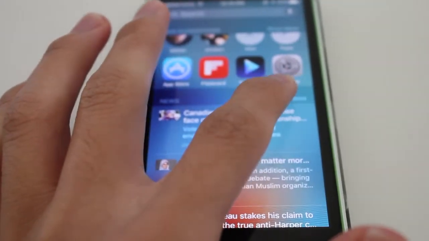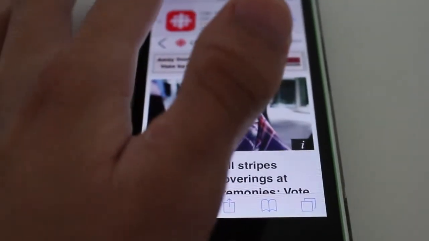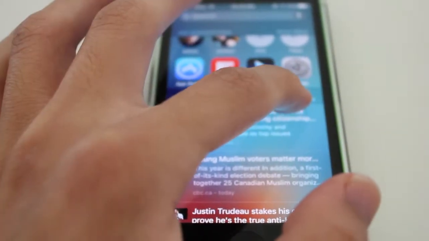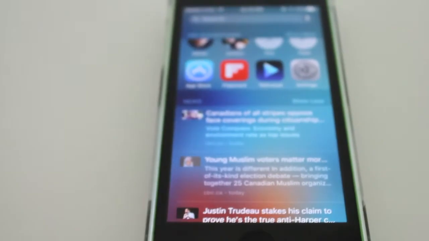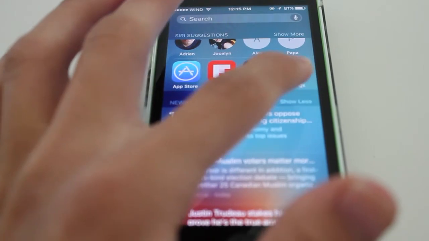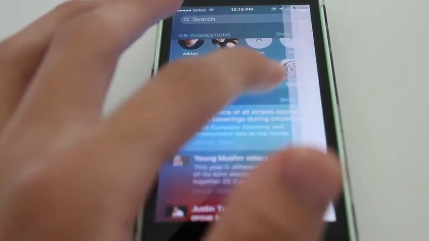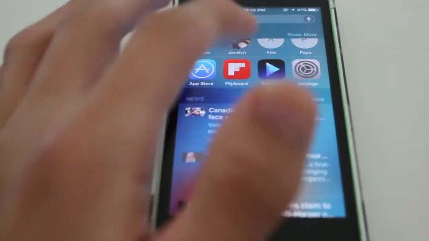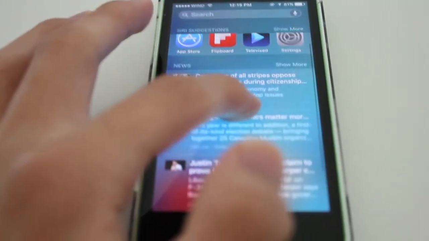There's also another feature called Nearby inside Proactive, but I won't be reviewing that since it's not released here in Canada. And then at the bottom, there's the news, where it'll show you the latest news from that day when you're checking it. So Proactive still has a lot to go